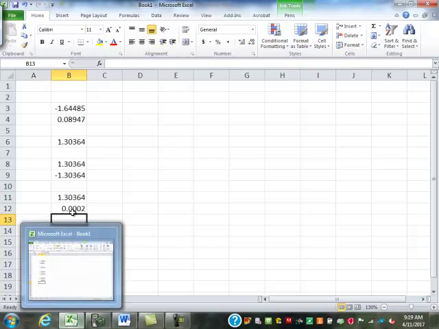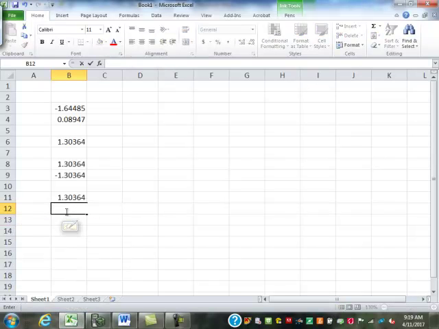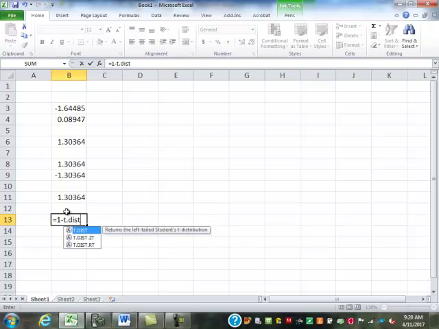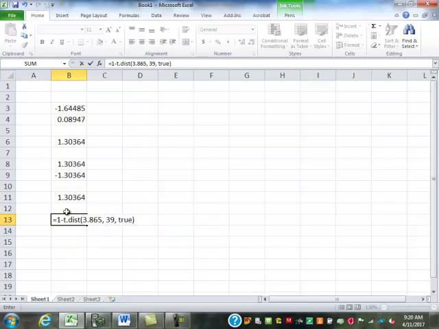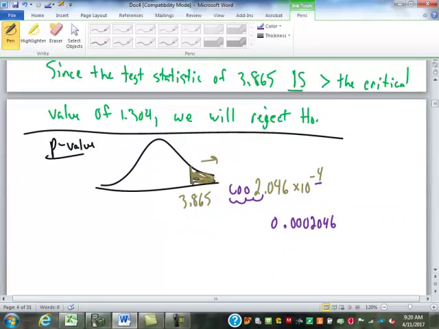To do that in Excel, since it's greater than, remember Excel always does less than, so we have to do 1 minus. It's T.DIST, 3.865, 39 degrees of freedom, and we do have to put in true for cumulative. This is a cumulative function. And we get 0.0002, exactly what we had before. So that's our p-value, and since the p-value